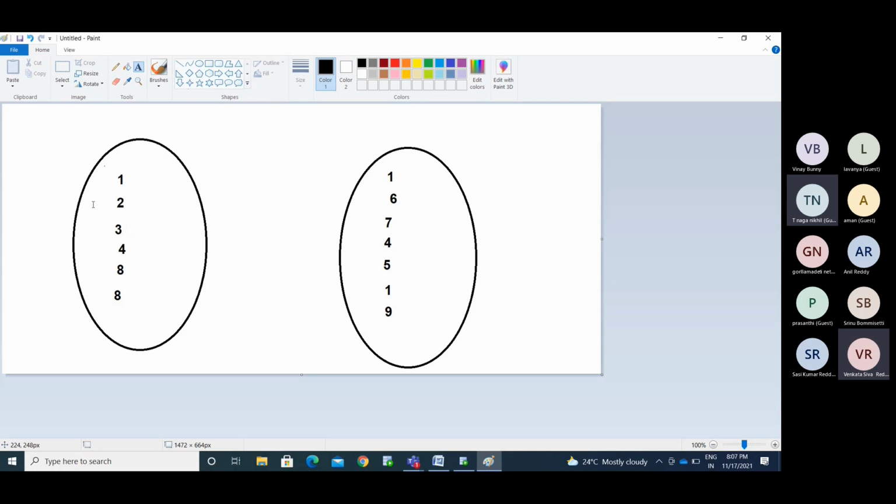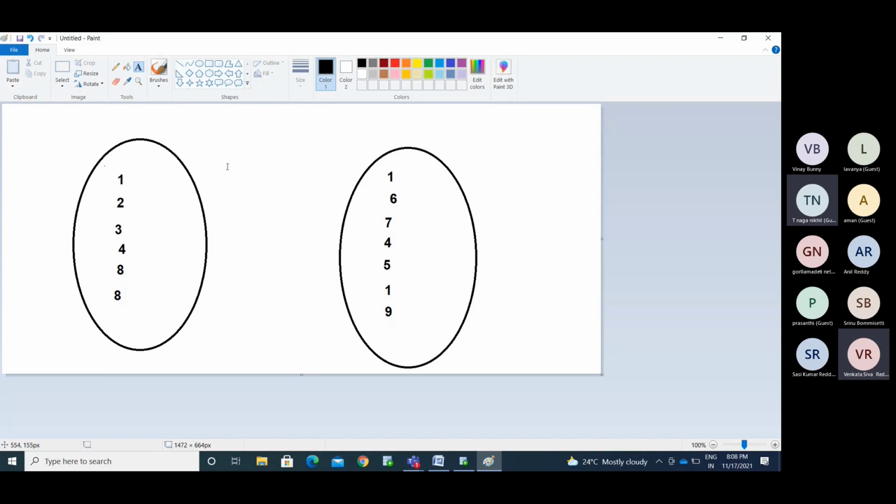Now if I want to find out, we have the options in mathematics: intersect and union. So we have 1, 2, 3, 4, 8, 8 as one set, and 1, 6, 7, 4, 5, 1, 9 as the other set.